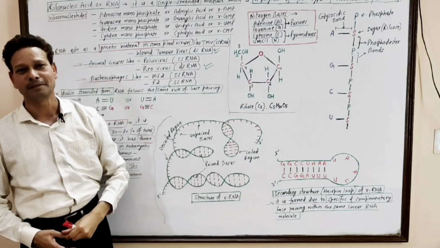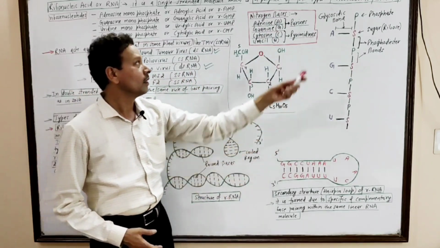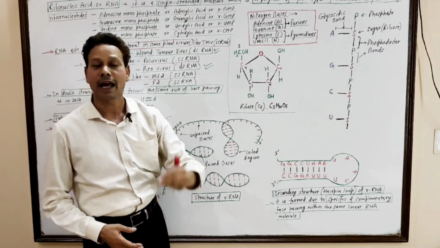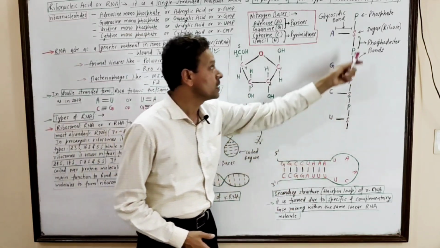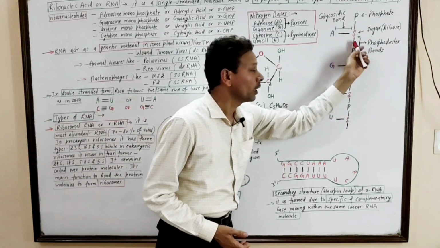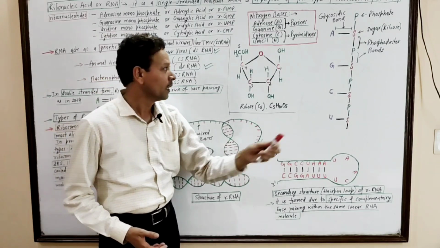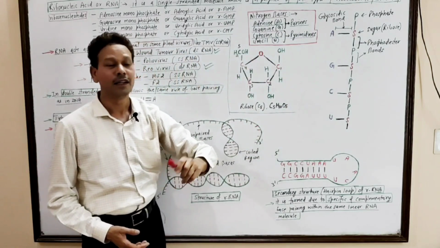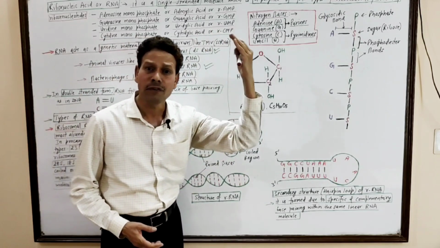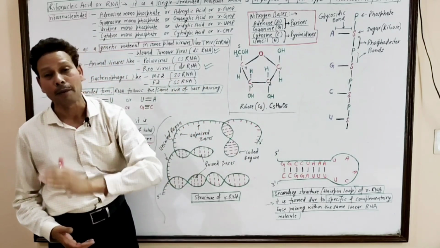In DNA it is TMP, but in RNA it is uridine monophosphate, UMP. Because in the RNA molecule, each ribonucleotide has 3 components. One is the phosphate group, phosphoric acid. Second is the sugar molecule, a pentose sugar. Note down, in RNA, the sugar molecule is ribose sugar. But in DNA, the pentose sugar is deoxyribose sugar.